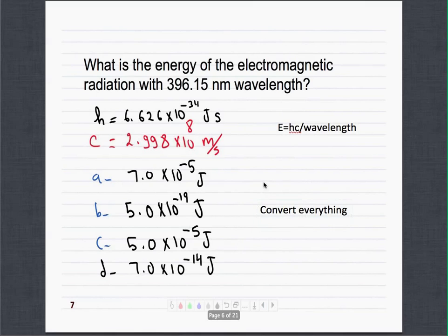Everybody has a thin film there. Did everybody get a transparent film? So what we're going to do right now is